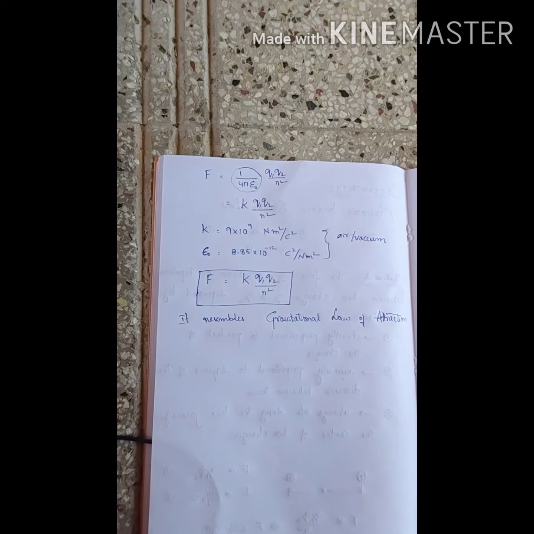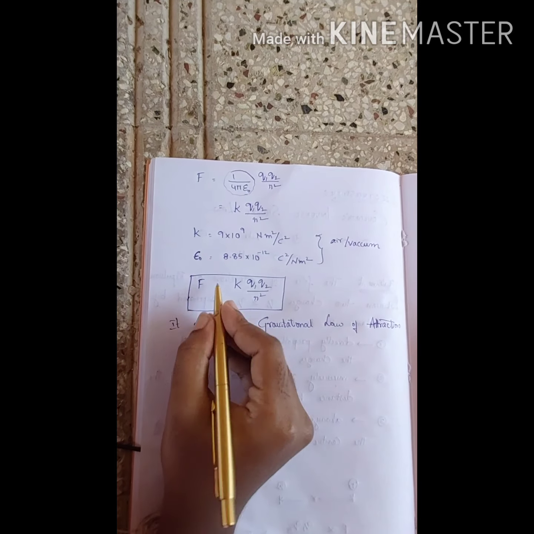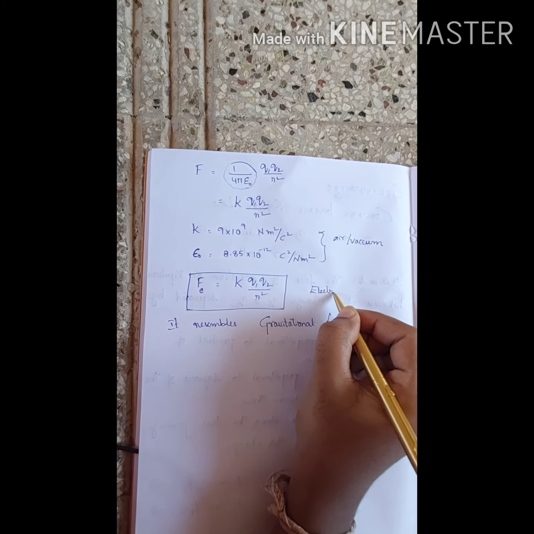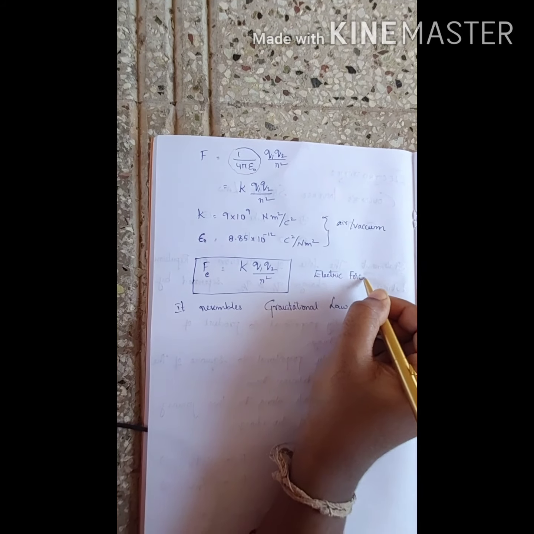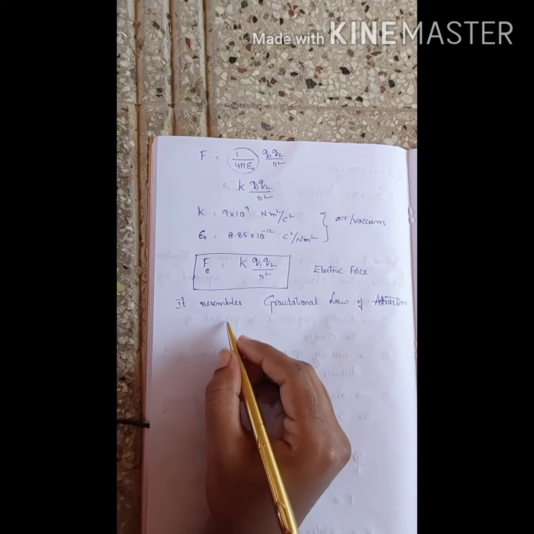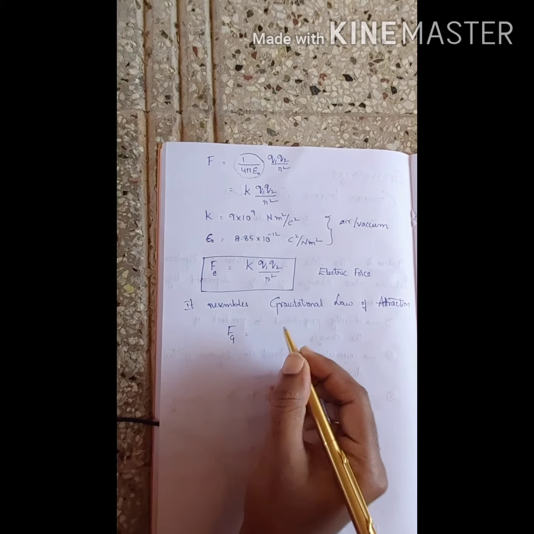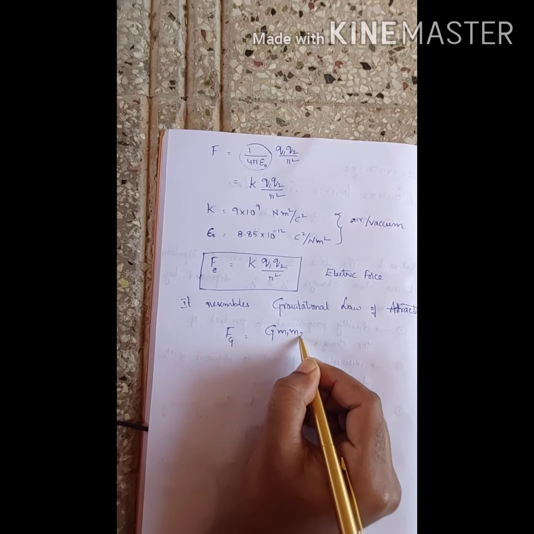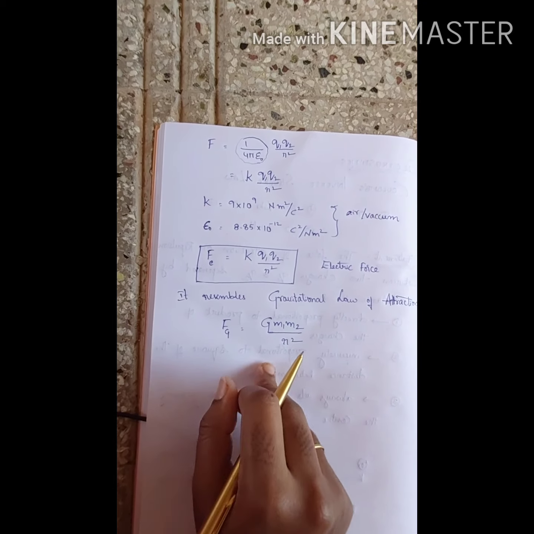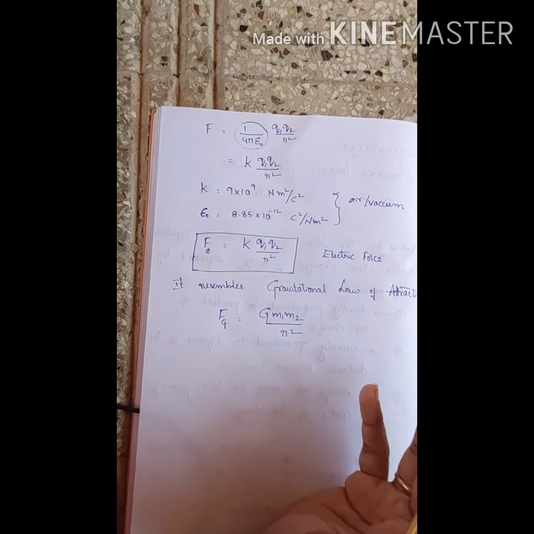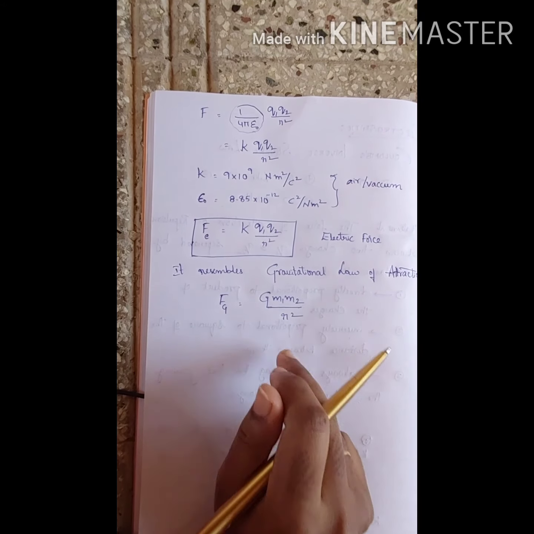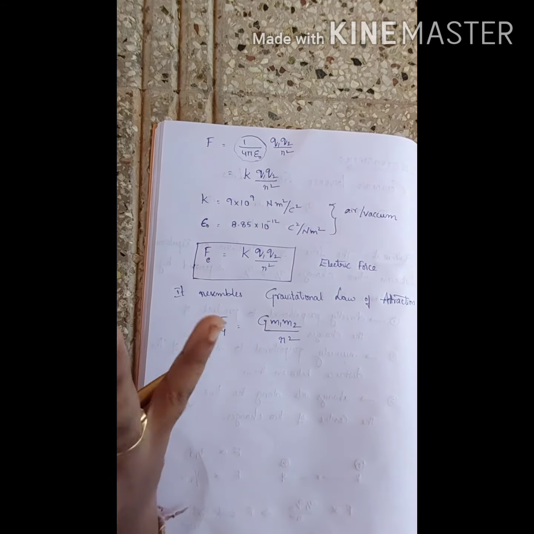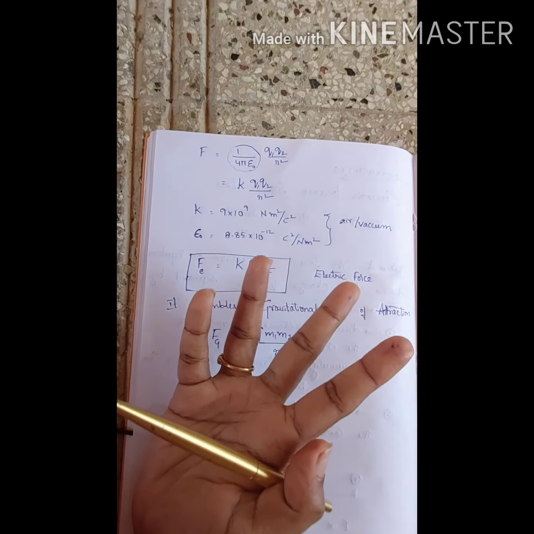So we know gravitational law, right? In order to represent the difference between the two, I am writing F as Fe, the electric force. For the force of gravitation, I am writing Fg. So what is the gravitational law? Fg is G m1 m2 by r square. This law talks about the attraction between two masses separated by distance r, whereas this Fe represents the force of attraction or repulsion between the two charges.